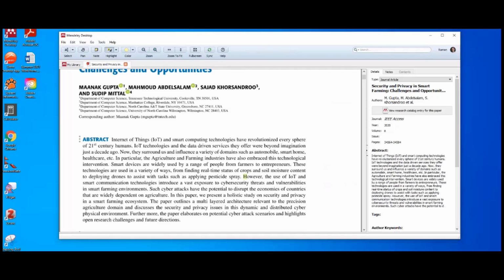So I can highlight a phrase or sentence in the abstract and then add a note. And these are visible to me and are very useful for annotating research in progress.